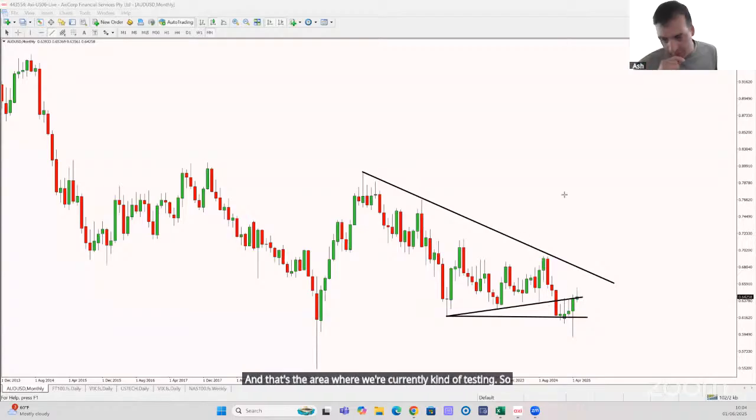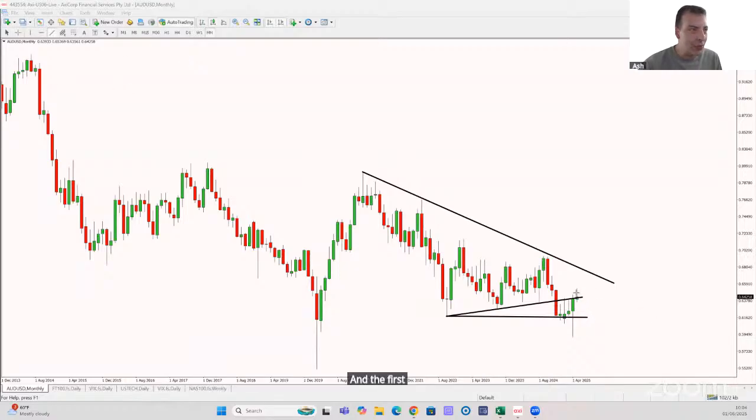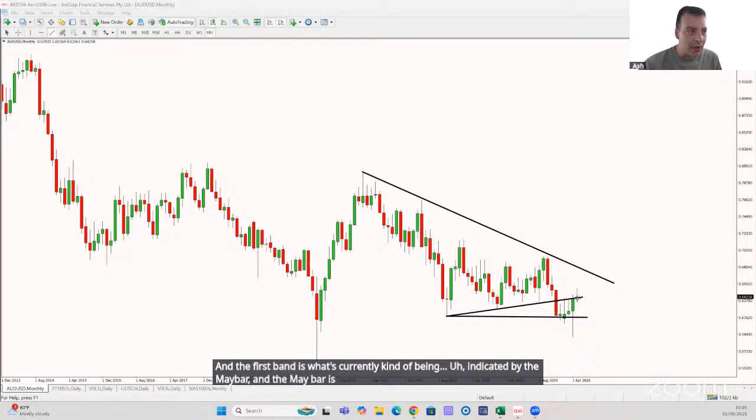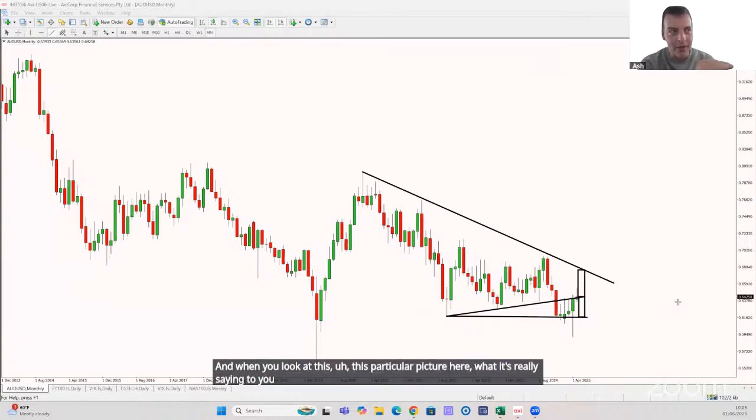So what this suggests is that there are two bands here. The first band is what's currently being indicated by the May bar. And the May bar is a high test bar and then a rejection of the area. So it suggests it's coming down here. But we also know that there's a band up top there. And when you look at this particular picture, what it's really saying is that we're right in the middle of that